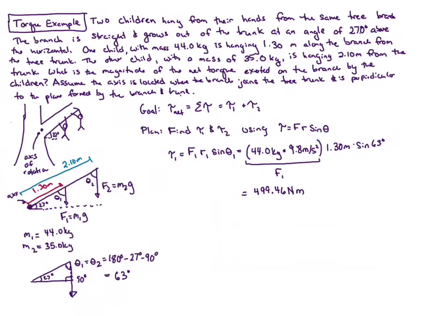All right, so torque 1 equals force 1 times the radius 1 times sine theta 1. Force 1 is just m1g, which is here 44 kilograms times 9.8 meters per second squared. So that's in newtons, right? Kilograms meters per second squared. That distance of the first child is 1.30 meters. Oh, and then the angle is a tricky thing. I need to find the angle here between the line that connects the rotational axis to our force and the force itself, right? So that's not 27 degrees, but you can kind of see these are making a triangle here,